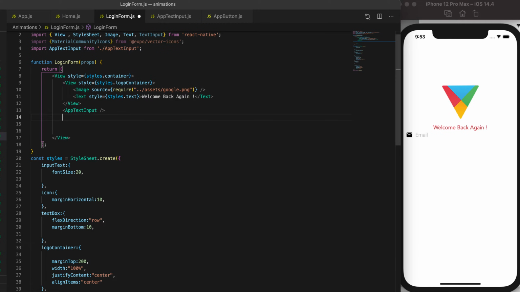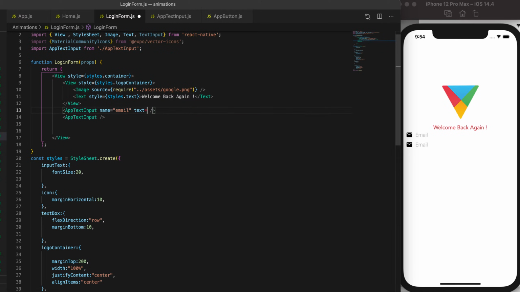and just copy paste. Now you see two components, but they have the same name, same color and same placeholder. So we can change them using props again, which we did for our login form. All we need to do is pass props from here. The first thing I will do, I'll pass a name. What's the name of the icon? In this case, again, it should be email, and